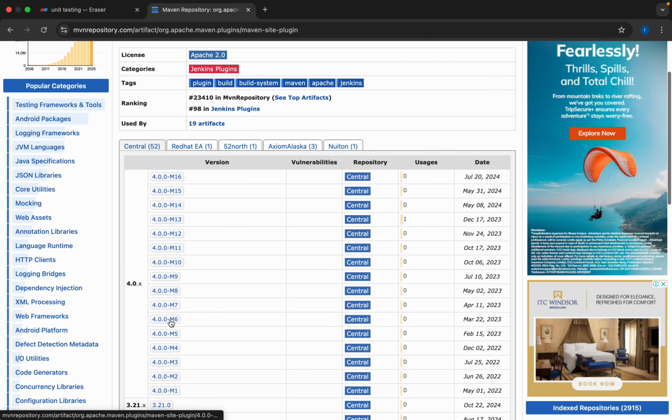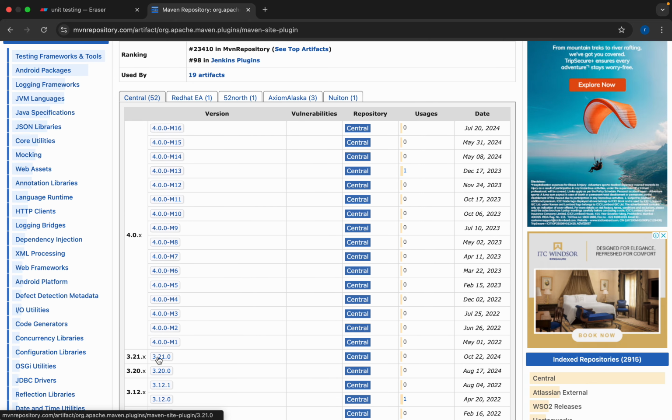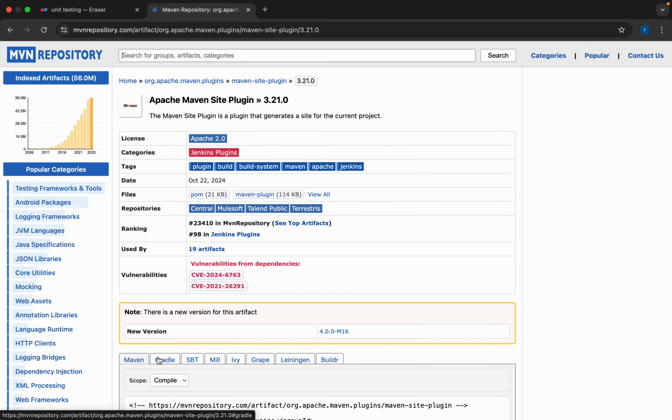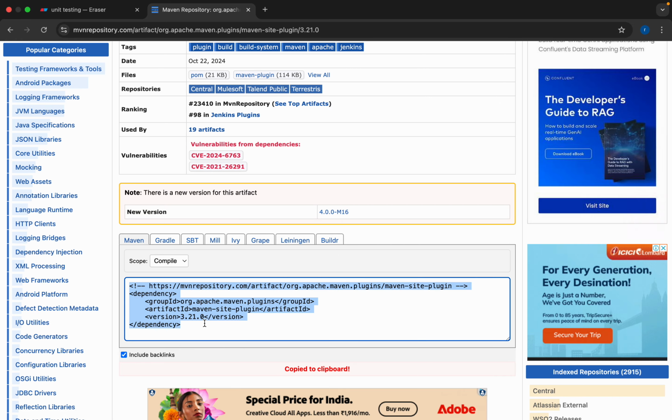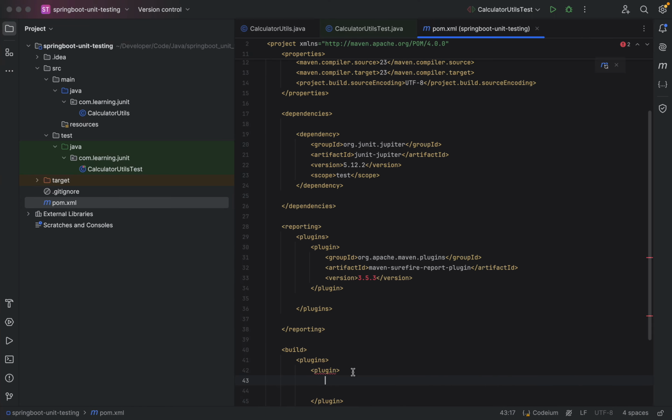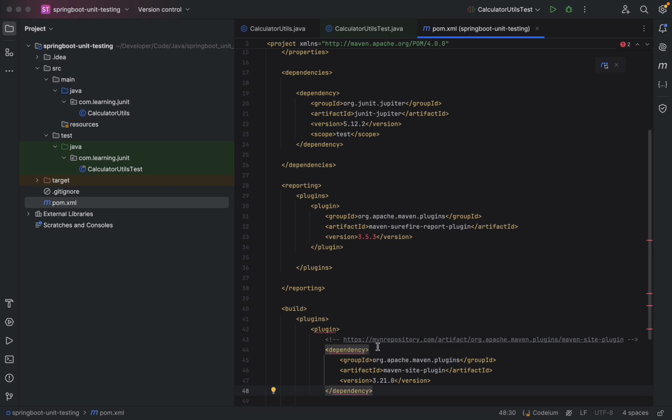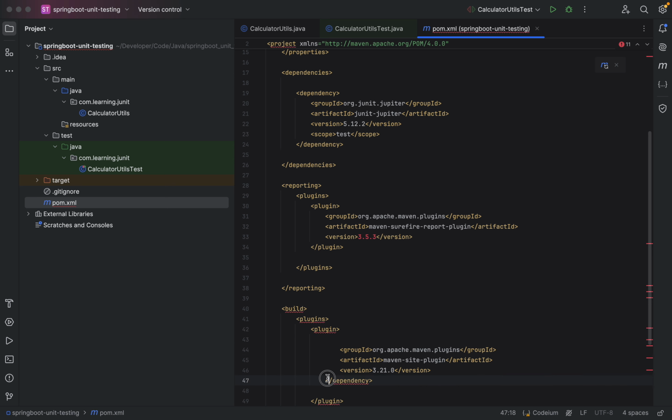We can go for any particular version. Now I'm just going for this 3.2.1. I'll copy this dependency, paste it here, and remove the starting and ending dependency tags. Okay, once we have included our plugins in our pom.xml,